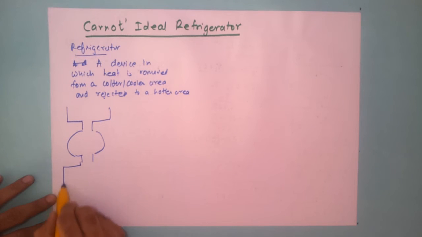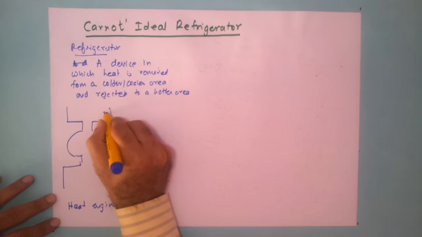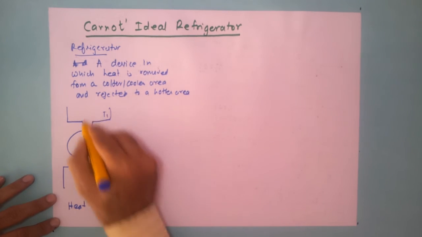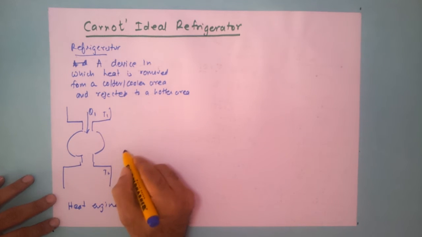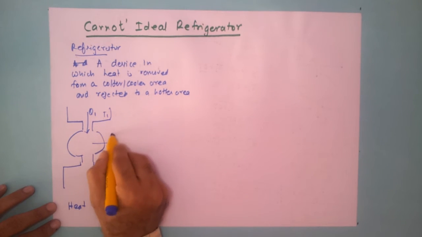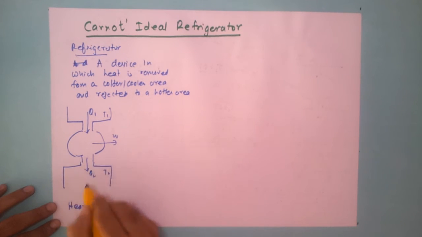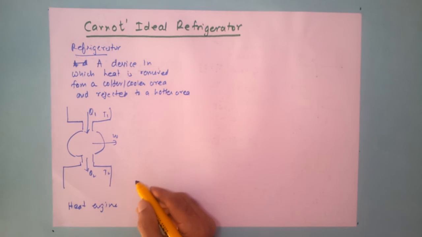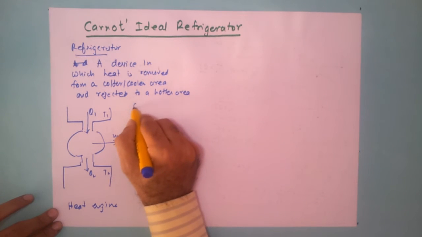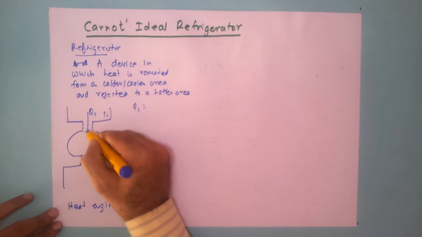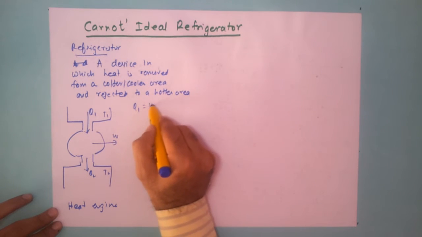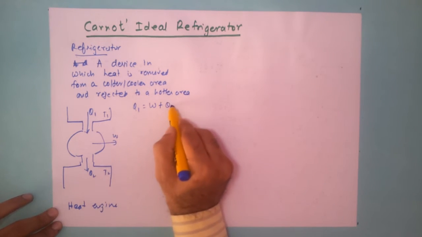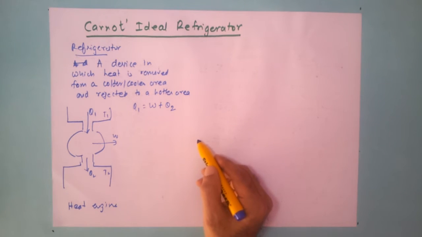So this is the heat engine, let us say. In this case, we have a source at a higher temperature and a sink at a lower temperature. Q1 heat is taken from the high temperature, work is done, and some part of the heat is thrown to the sink at a lower temperature. And therefore we get the equation Q1, because that is the total amount of energy being given. That energy is being used to do work, and some part of it is lost to the sink. Q1 is equal to W plus Q2.